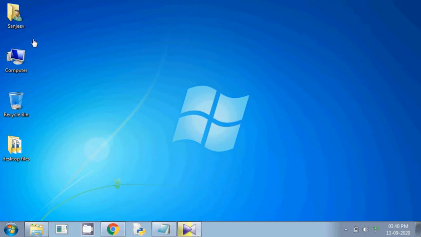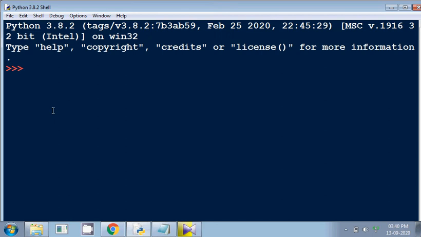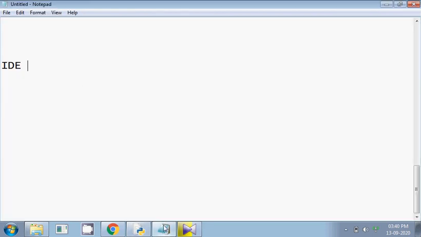Now the question is, what is an IDE? IDE stands for Integrated Development Environment.